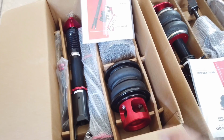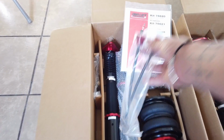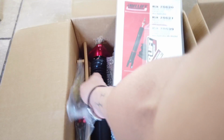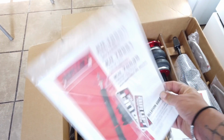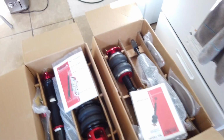Here we have the rear bags. I opened this up so you guys can see the rear bags. The strut dampeners as well. Bolts, brackets, little things we need. The whole, what do you call that? The install instructions. And then in this box we have